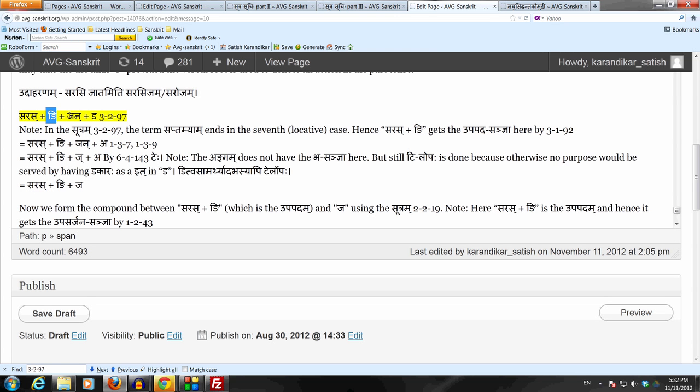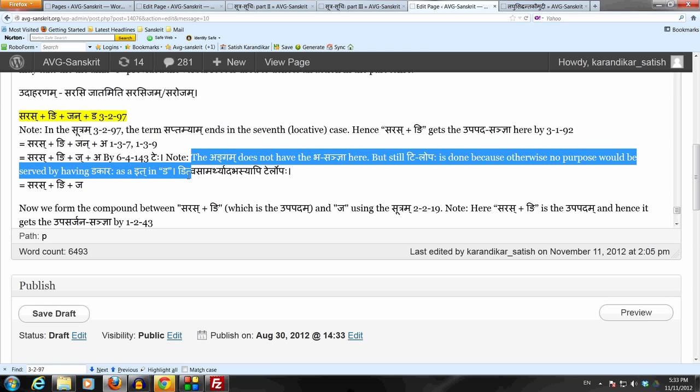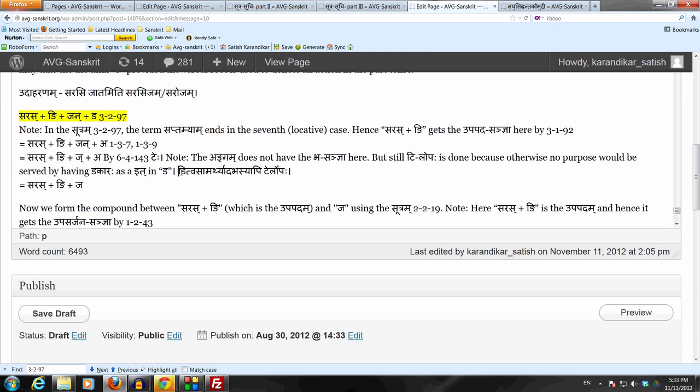Now the beginning dakara of the affix da gets the it sanya by chutu and then tasya lopaha, and then we have saras ni plus jan a. Now that affix da does the t lopaha of the angam jan by the sutram tehe,